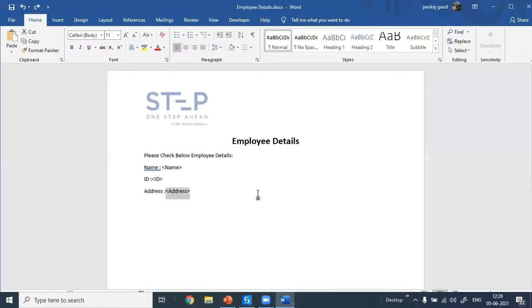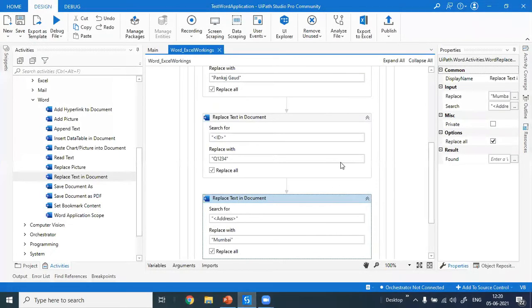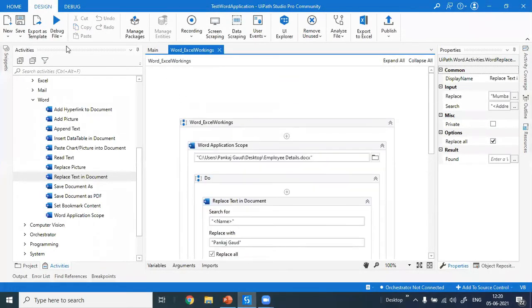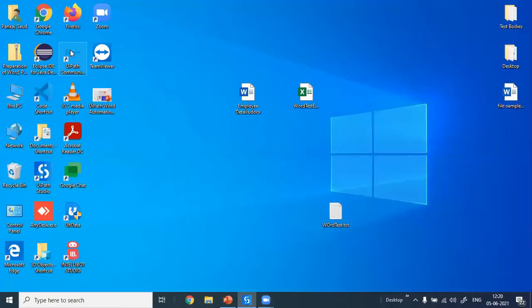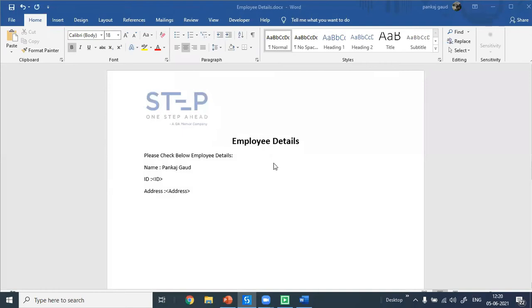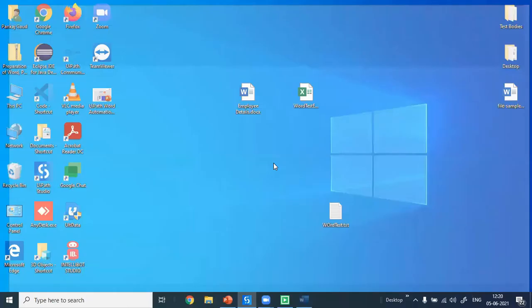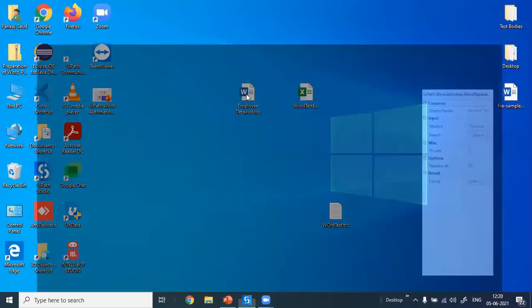So in this way, I just saved it and I'm running this. We have three parameters: name, ID, address. We've added these activities 3 times, right? Yeah. Okay, so you can see it has replaced the name, ID, and address. All these parameters have been updated.